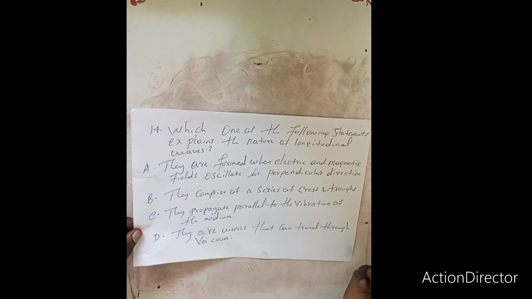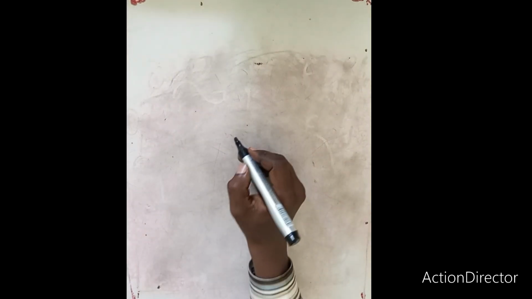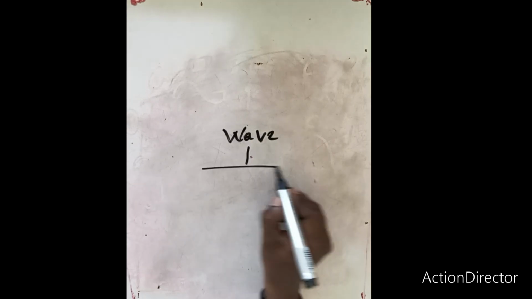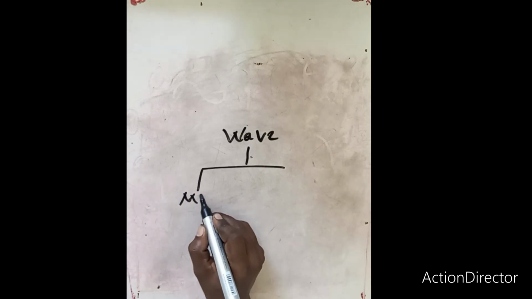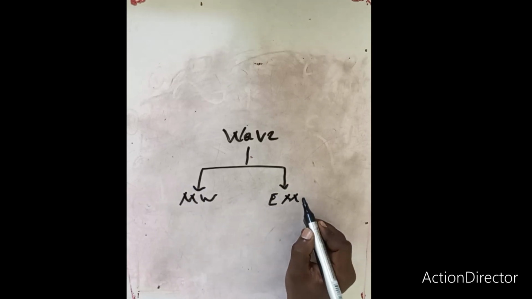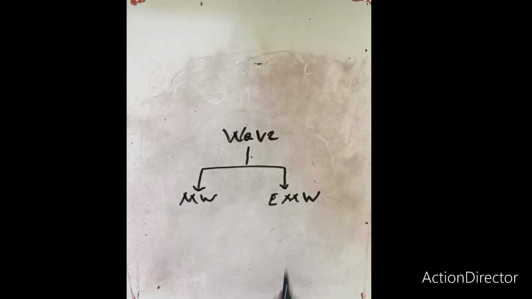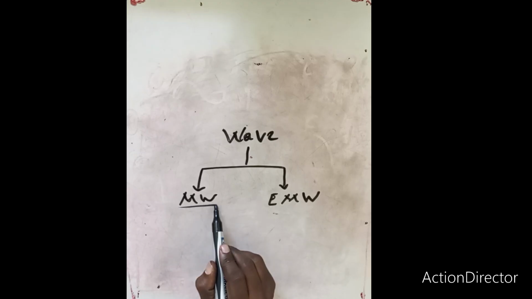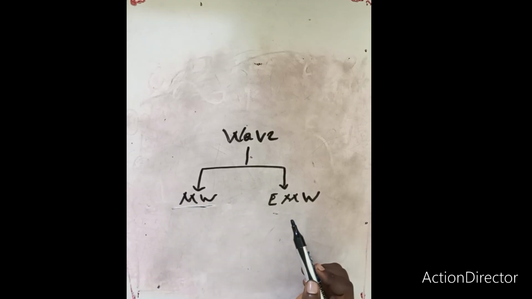So we have waves. We have two divisions. One is mechanical wave, the other is electromagnetic wave. So all the electromagnetic waves are transversal, but mechanical waves can be transversal and longitudinal. So the difference between transversal and longitudinal,